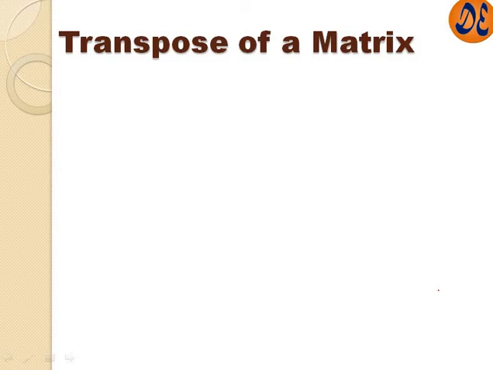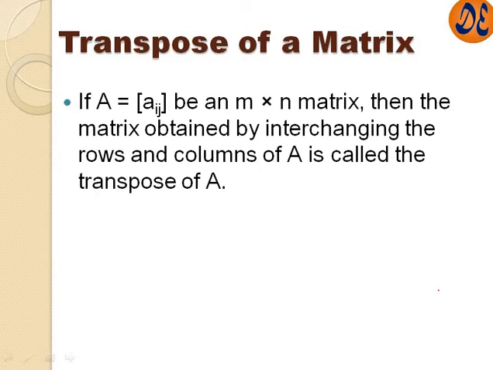So first let us see what is transpose of matrix. A transpose of matrix is defined as, let us think there is a matrix A which is of m into n order. Then the matrix obtained by interchanging the rows and columns of A is called the transpose of A. That means the row is made as column and the column is made as a row is called transpose of